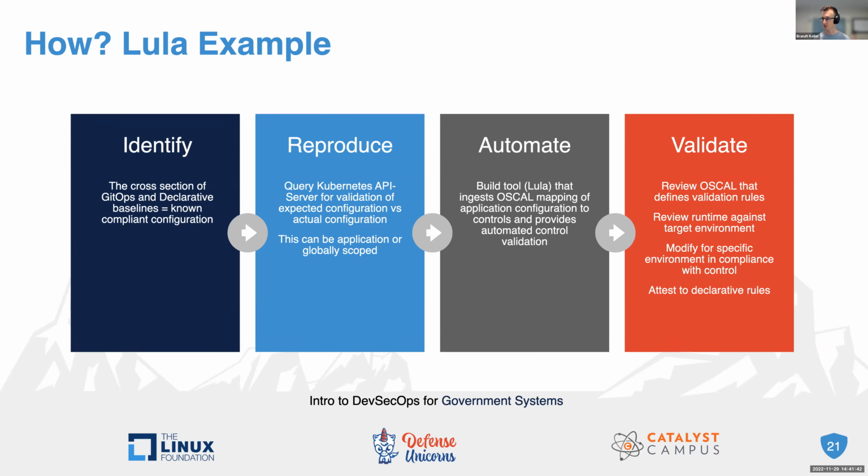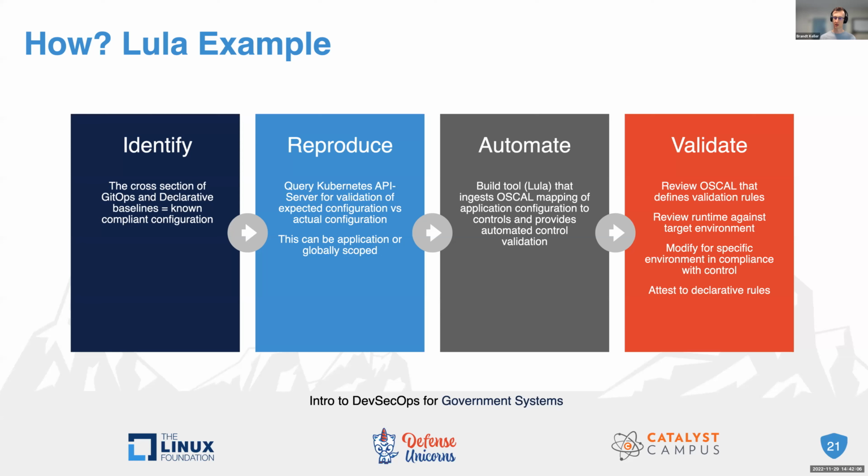And so when somebody does some imperative action to try and gain access to my system or some other malicious activity, and it changes that configuration, that's going to make me non-compliant, but also I can be aware of that. And so we knew where to look for the data. We knew how to reproduce it, because all that configuration data is in the Kubernetes API. And we started automating, right?